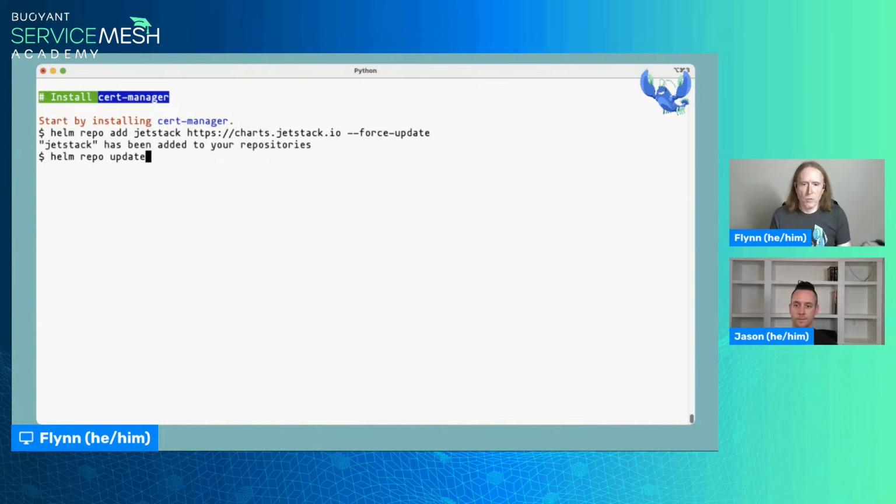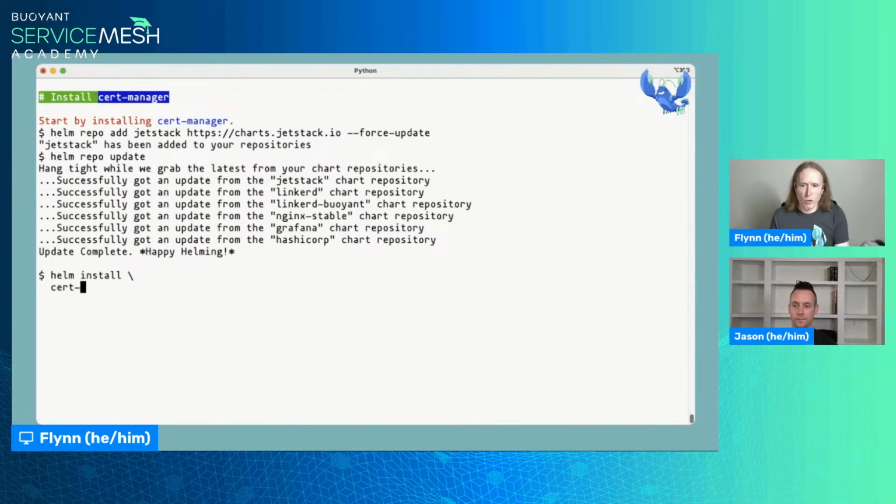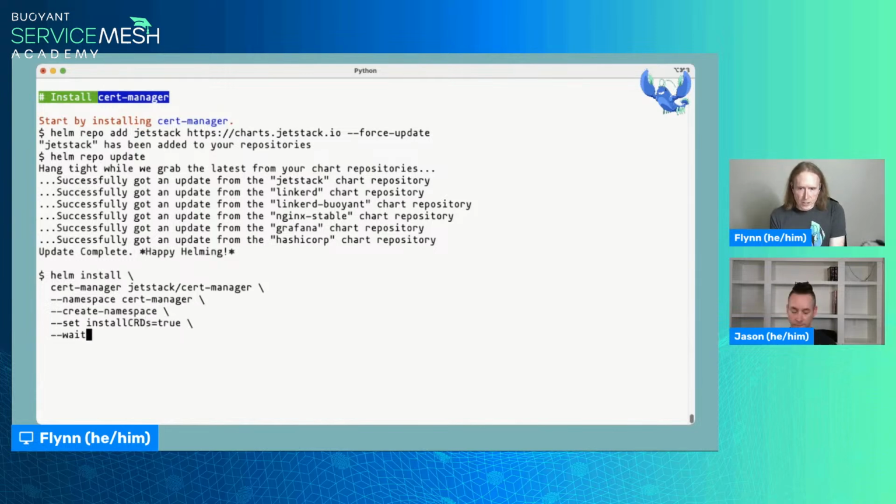So let's go ahead, get the JetStack repo in there, make sure all of our repos are updated, which they are, which is good. And now we're actually going to install Cert Manager. This is pretty much out of the JetStack quick start. No particular magic here. This always takes a little bit of time. If anybody has questions, now's a perfect opportunity for some.